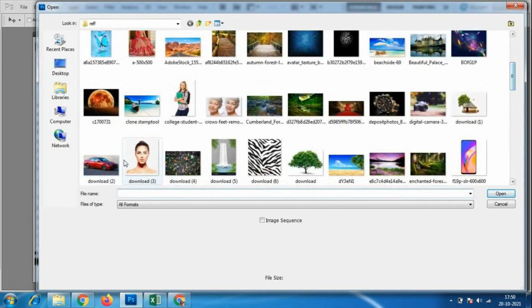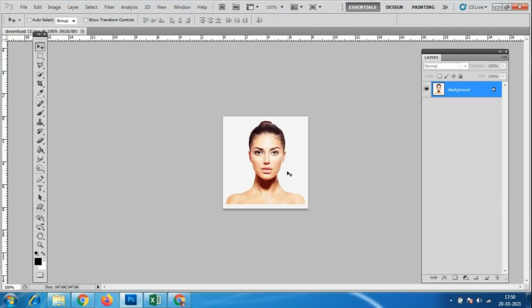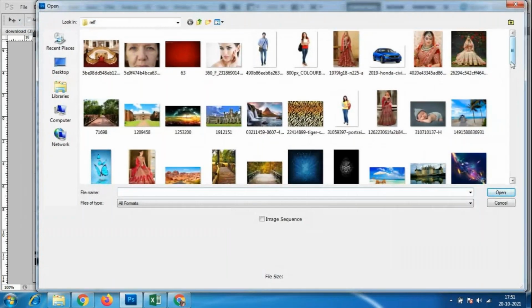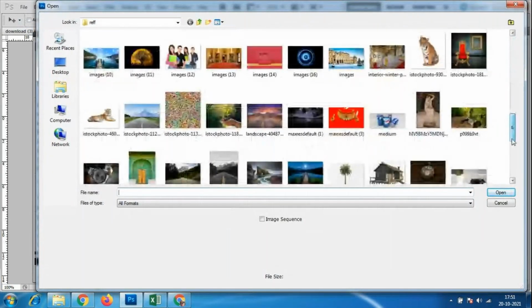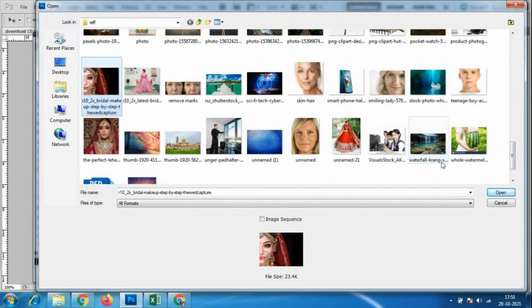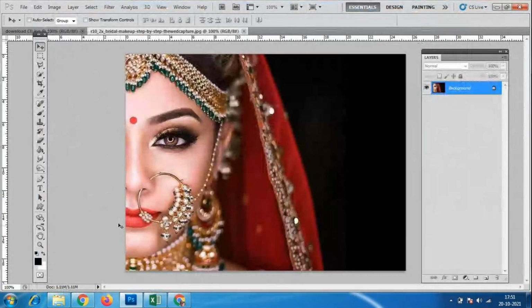I have taken some faces like this, which have very good quality. I will take half of this face. We already have half of the face. I will tell you the method of what we have to do.